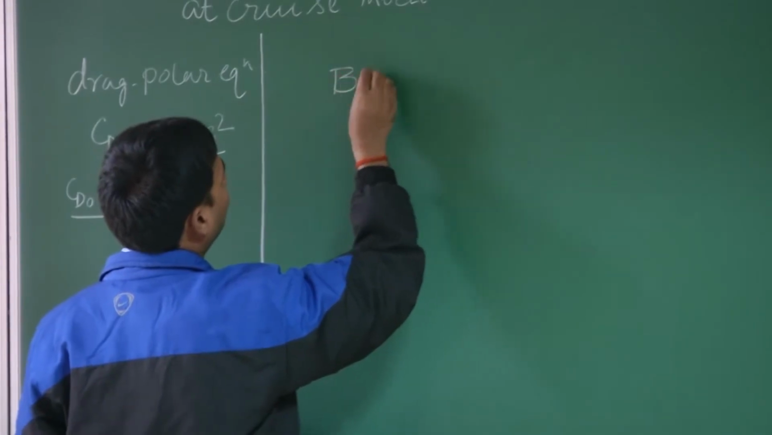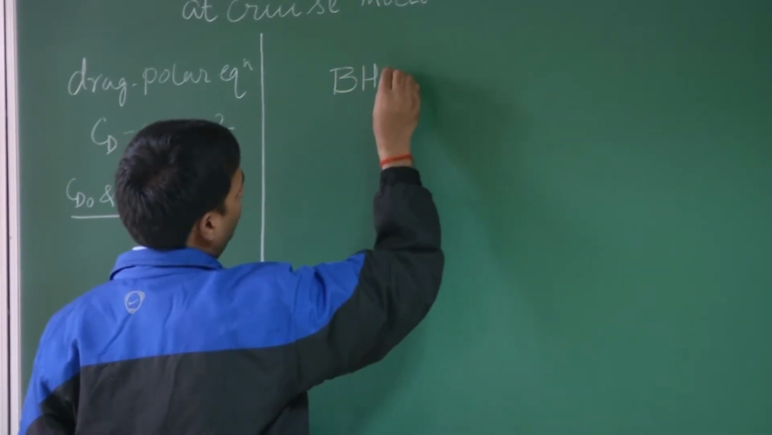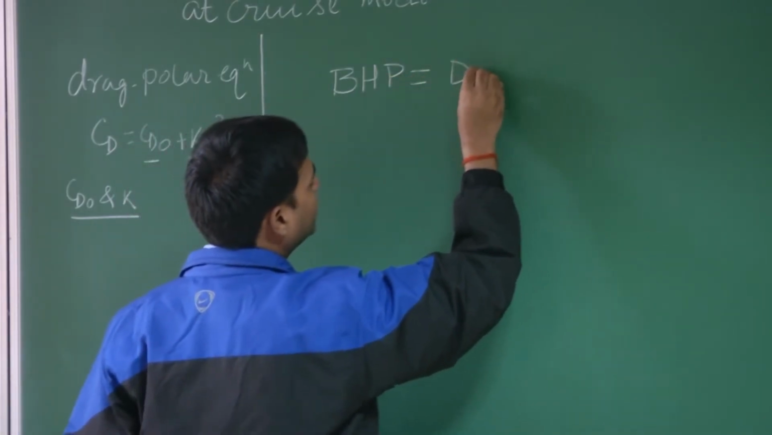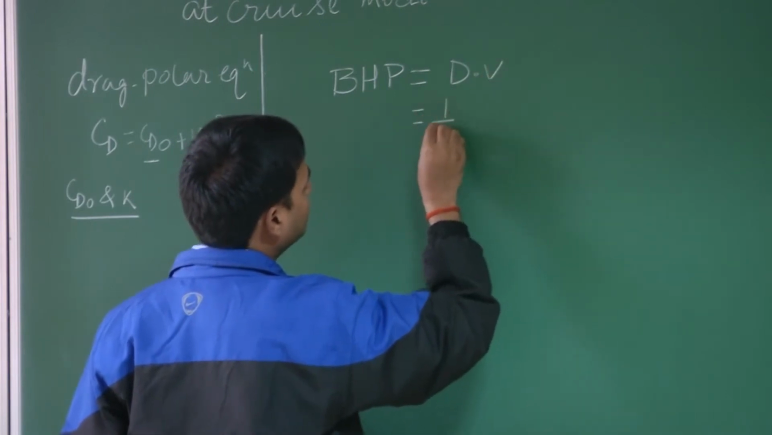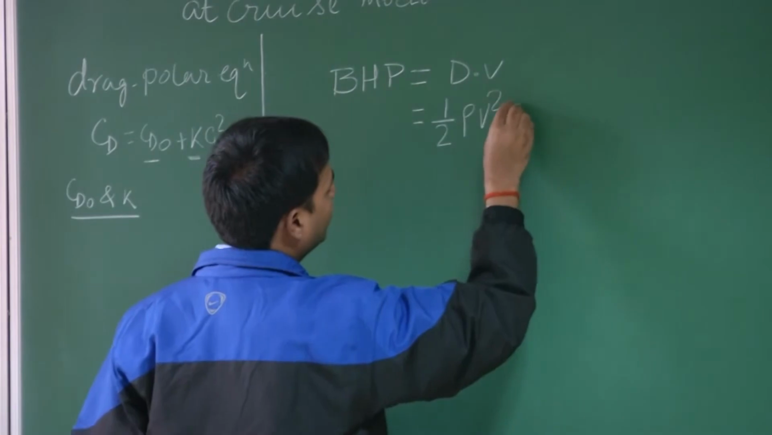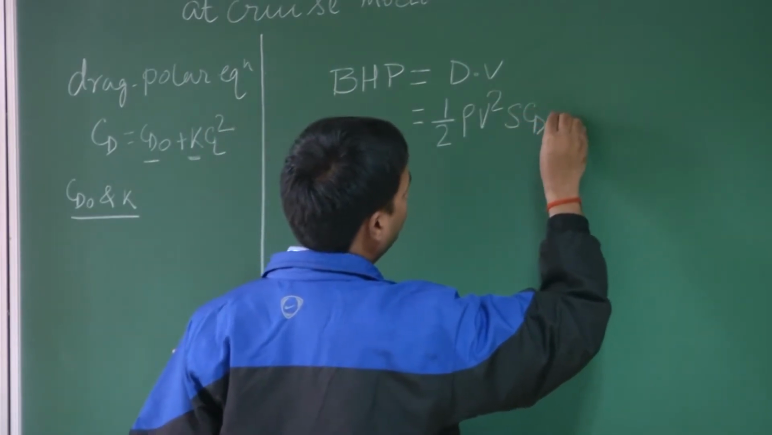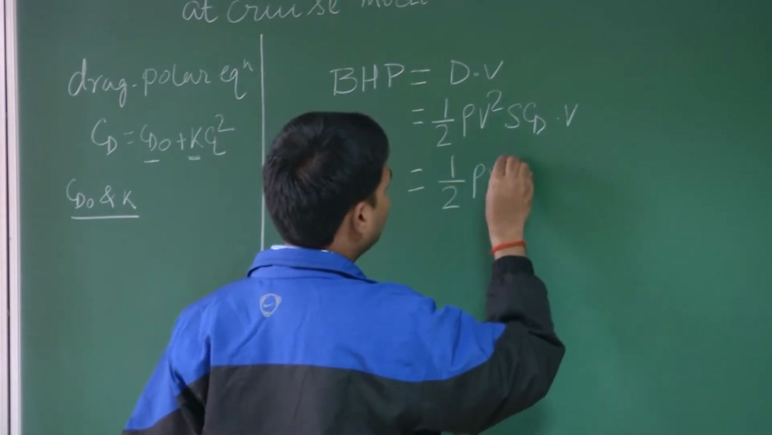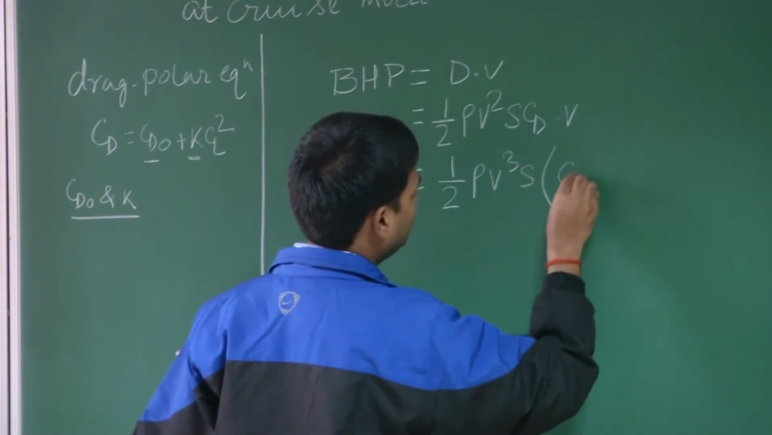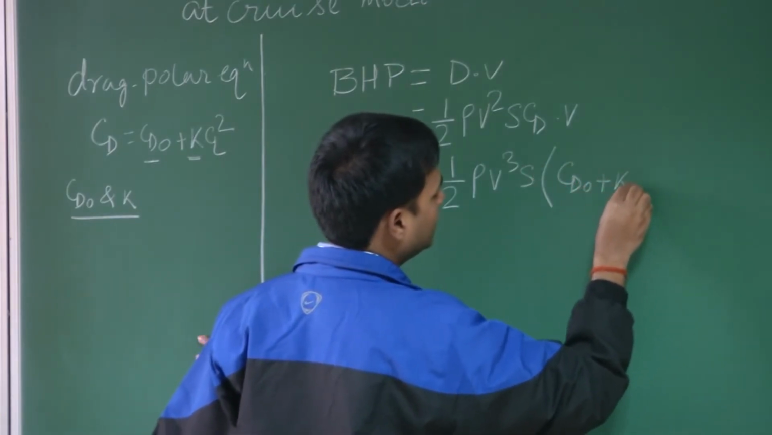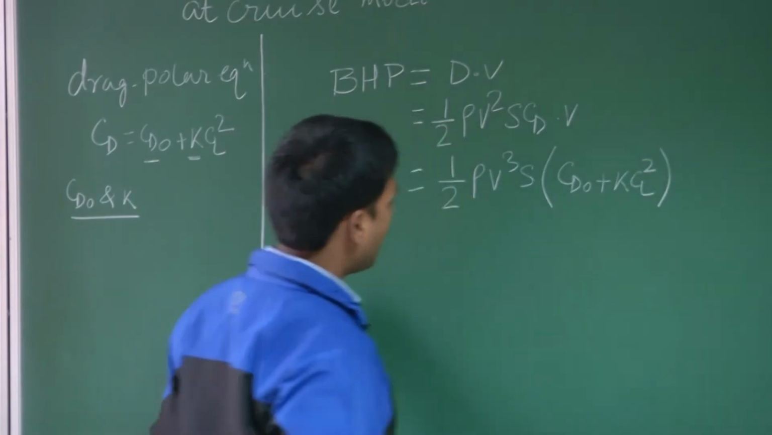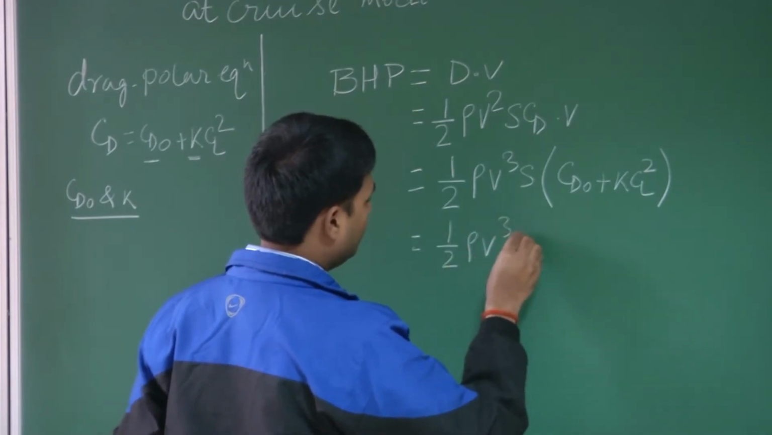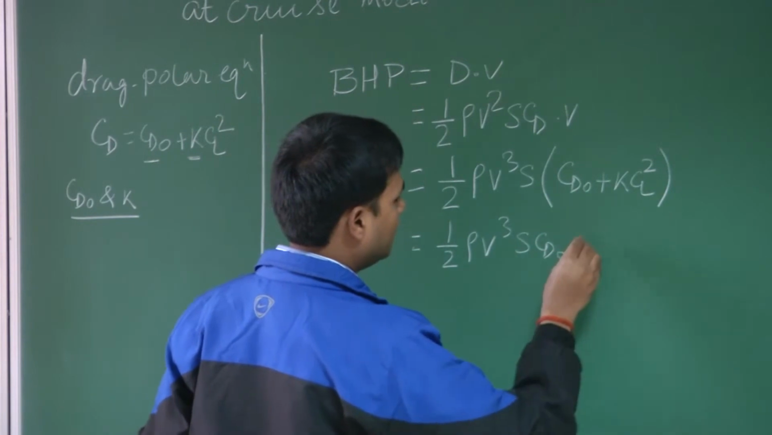So the background has already been given by Professor Ghosh, so I'll not go into detail. So BHP, as we know, is drag into velocity, right? And you can write further, half rho V square CD, into V, and if you further expand, then it will become half rho V cube S, and I'm replacing CD now with CD naught plus K CL square from the drag polar equation, right? So if you break this again, it will become half rho V cube S CD naught, right, plus,